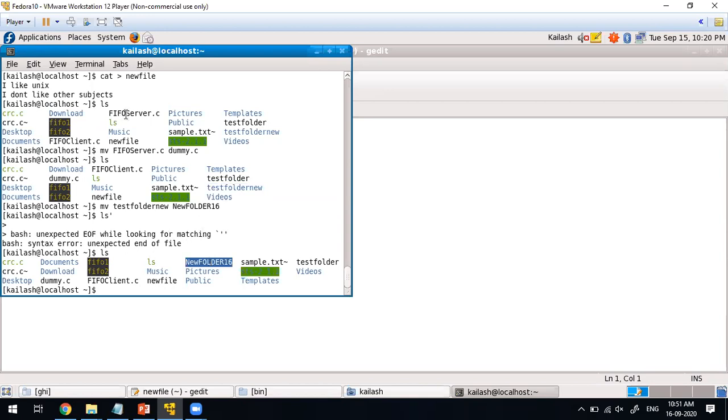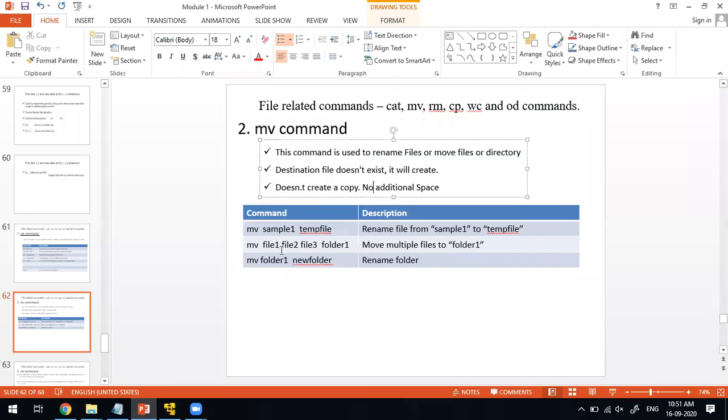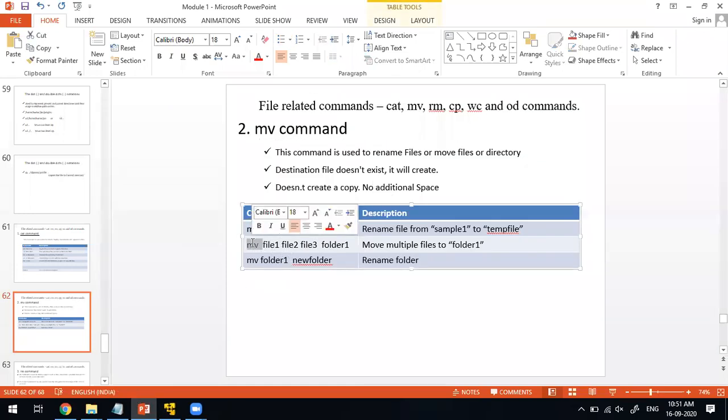You can rename the files or you can rename the directories. If you want to move the file, it is just like this: mv, what is the file? File1, file2, file3 should be present in that particular folder. Where should it go? It should go to folder 1.